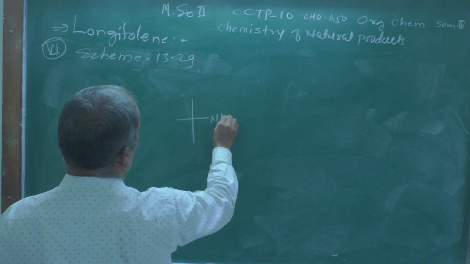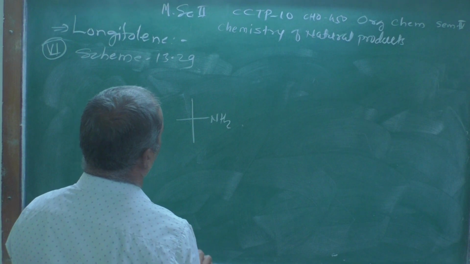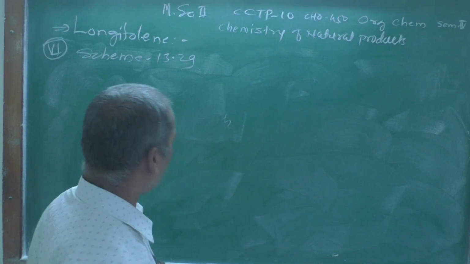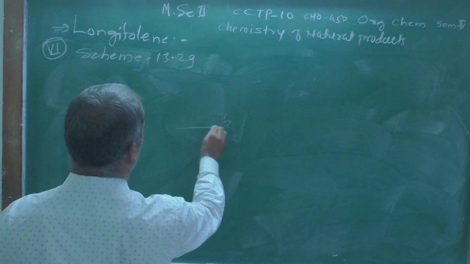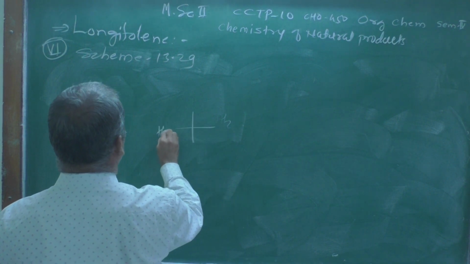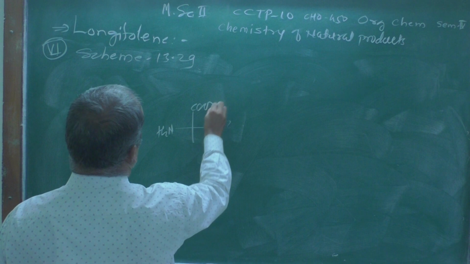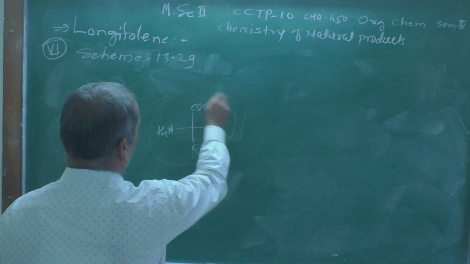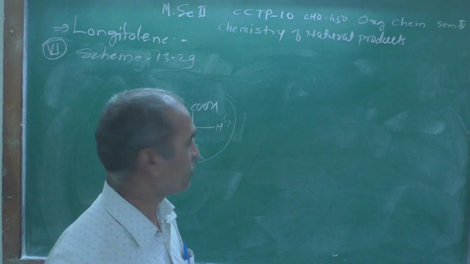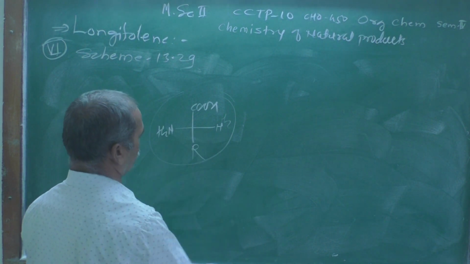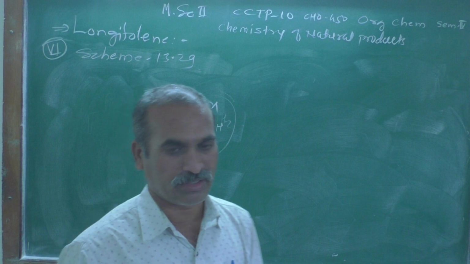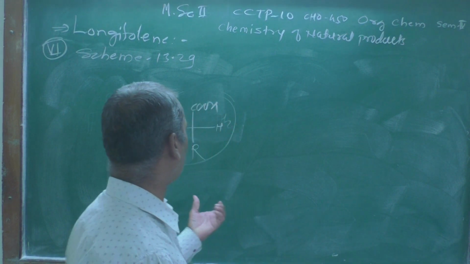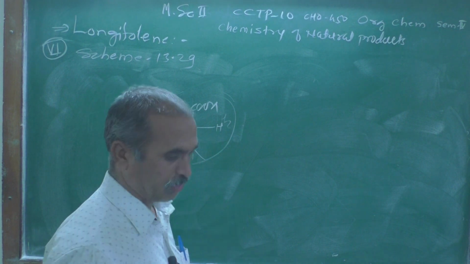Here the NH2 is always written on the left-hand side, so not there. H2N is the most oxidizable group over here, then H, and this is R. This is a general way of representing this group. Generally there are 20 amino acids, and they are the building blocks of the proteins.